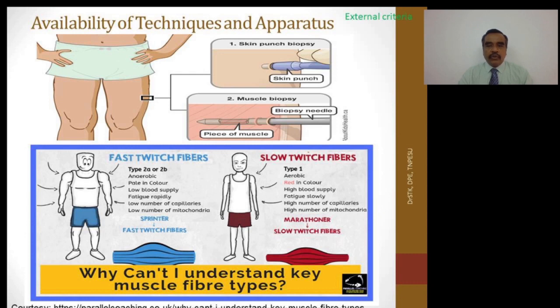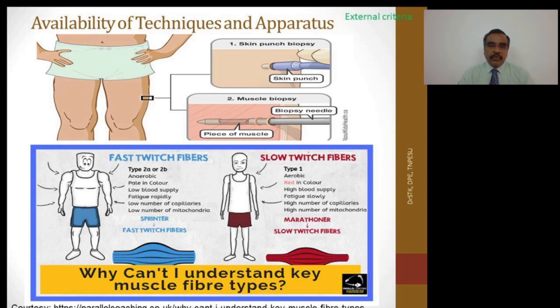Whereas the slow twitch fibers are aerobic in nature, red in color, high blood supply, fatigue slowly, high number of capillaries, and high number of mitochondria. The fast twitch muscle fiber is suitable for sprinters, whereas the slow twitch fibers are for marathon runners and long distance runners. To test that, you need some apparatus, some equipment, and you must check whether that equipment and techniques are